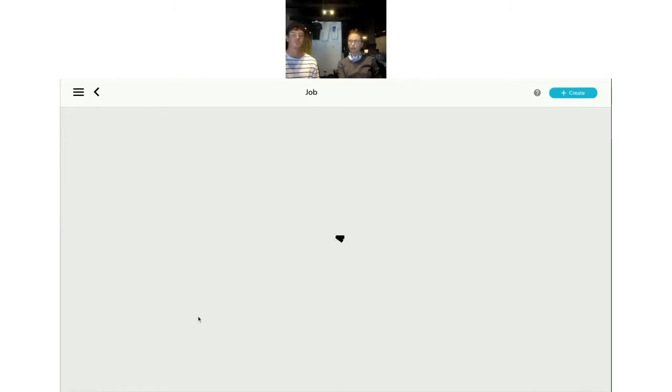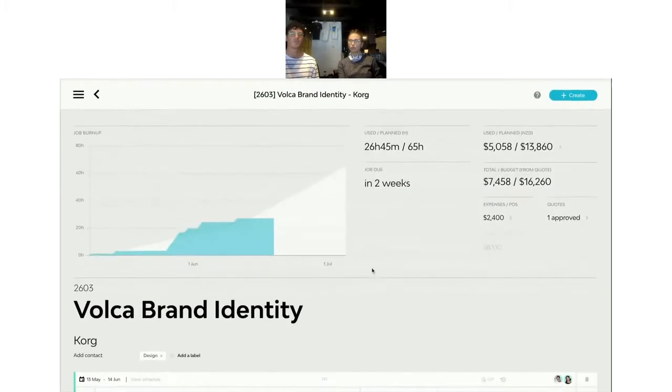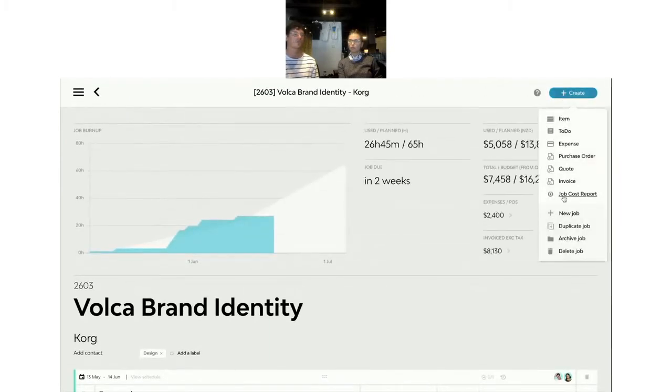And of course, within the job as well. So we've got our job here. When we come to our create button up the top here, we've got an option now for our JCR. So clicking that is going to download that report for us. Awesome. Cool. Now, let's take a look, shall we? Let's do it. Cool. I'm just going to change